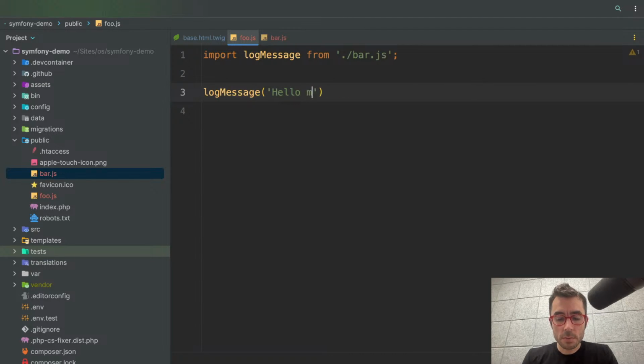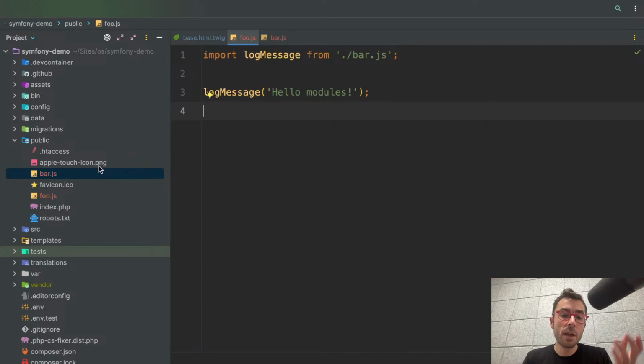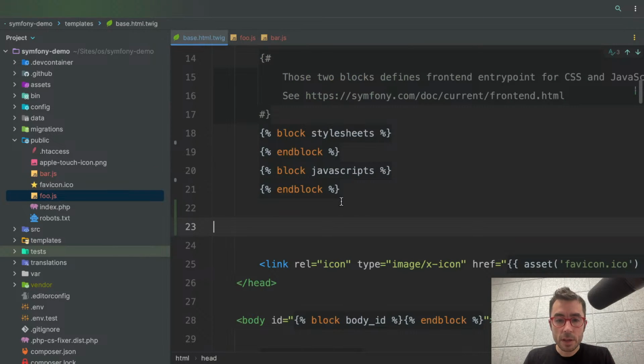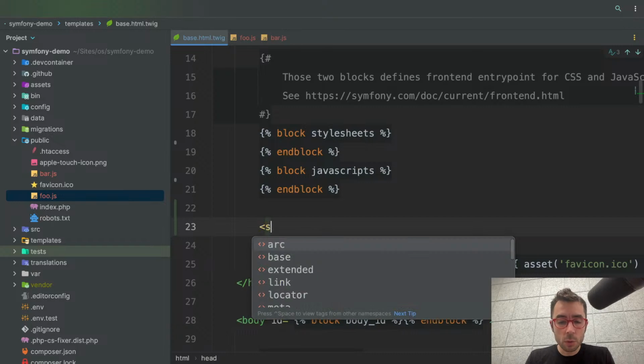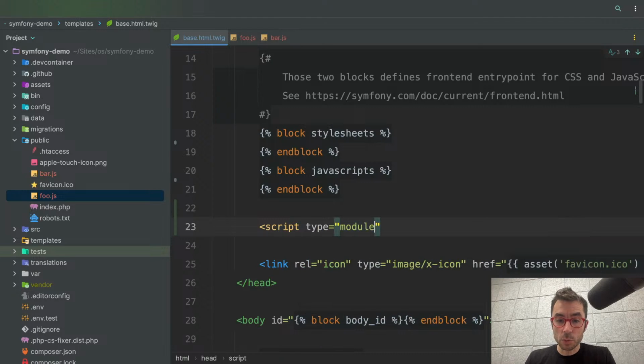Hello, modules. If you don't know, this way of programming with imports and exports, which is not new, hopefully to most of us, is called JavaScript modules. So when you hear JavaScript modules, it's just a fancy way of saying those JavaScript files that use import and export. Nothing too special about them. Anyway, we have these inside of our public directory. So what you can do without any tooling, you can just open an HTML file and create a script tag and say type equals module,